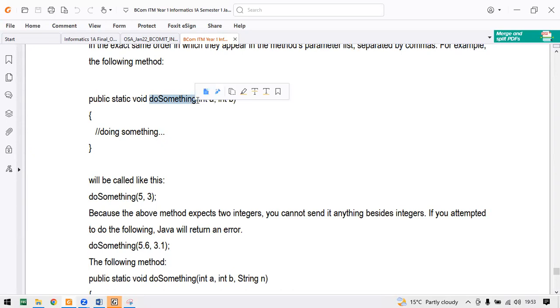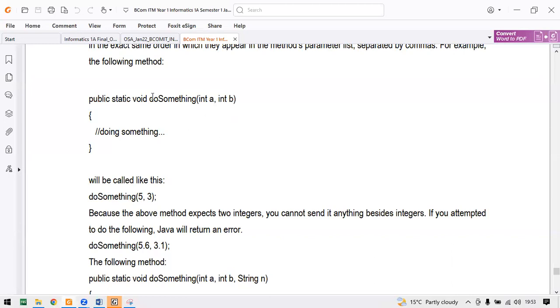You can give it any name that you want. Then you put your open and close brackets, then these curly brackets, and your code will do something. Then you can put parameters, to say int a, int b. Then here you say return, to say 5 plus 5, add int a plus int b, right?